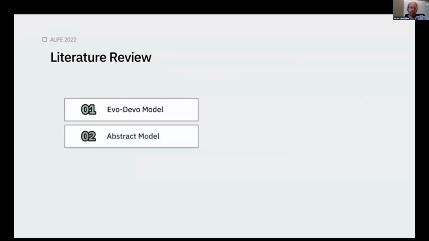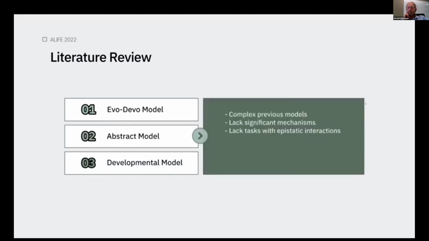objective of our work. We reviewed 3 areas of relevant literature and their shortcomings. The Evo-Devo models have been mostly based on Evo-Devo model organisms that has led to severe challenges and technical difficulties. Since these models are based on empirical optimizations, which are largely species-specific, there is a need for a simplified and general model. One of the early models created by Hinton and Nowlan explored the relationship between learning and evolution. Another abstract model, the NK model, is a viable candidate that captures high-level processes in multiple fields. The developmental models have a complicated inferential nature, and are highly specific, such that we identified a gap of